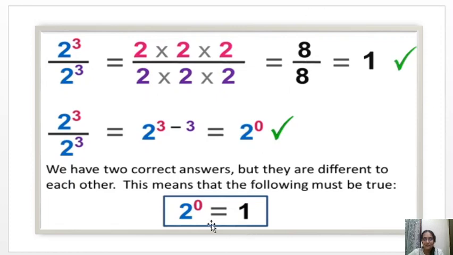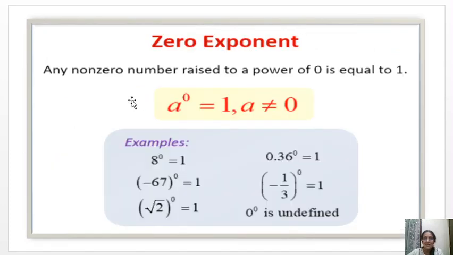That means nothing is multiplied. So, what is the answer? 2 is not at all multiplied. The answer is 1. We will generalize this statement. This is very important: zero exponent. To solve the sums, you will get many application sums based on this law. Any non-zero number a, where a is not equal to 0, raised to the power 0 is equal to 1. a power 0 equals 1, provided a should not be equal to 0. 0 power 0 is not defined. When nothing is there, it is not defined.